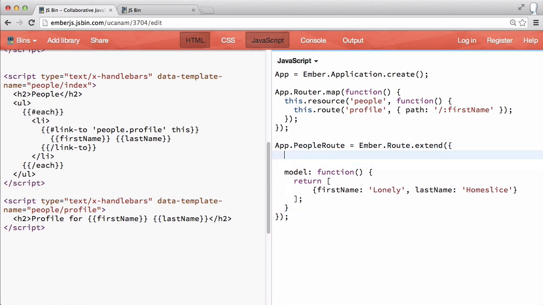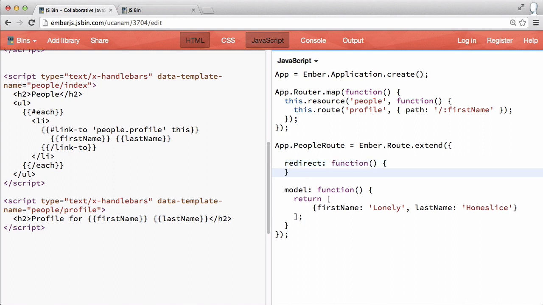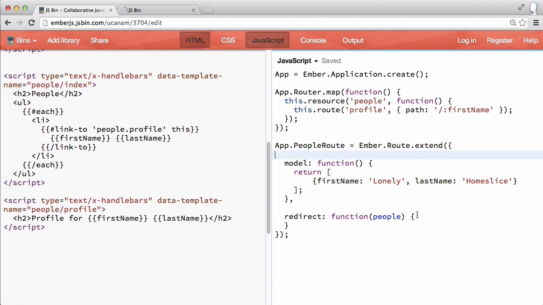So you've got this hook in your route called redirect, and this is where you can put redirect logic. It gets passed the resolved model. So actually, let's put this below so it gives some idea of the sequence of things. And this is going to get whatever the resolved model from the model hook is. And so from here, people is going to be this array of people, and this is where we can check if people.length